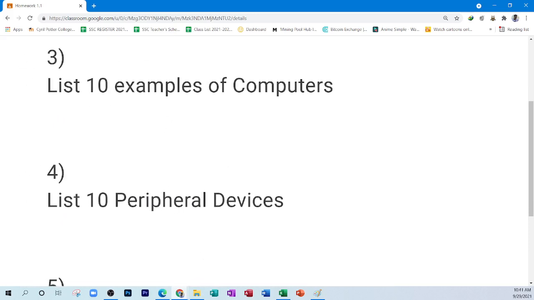List 10 peripheral devices. Brittany, can you give me one? Sir, the keyboard. Good. Govinda, Sir, a printer. Good. Irshad,